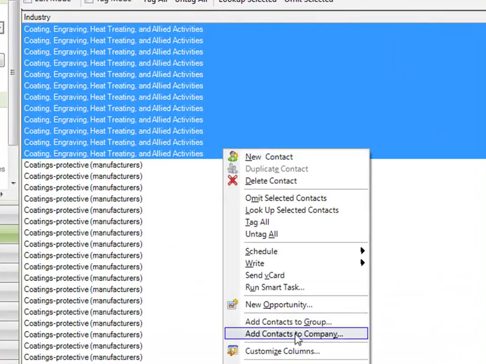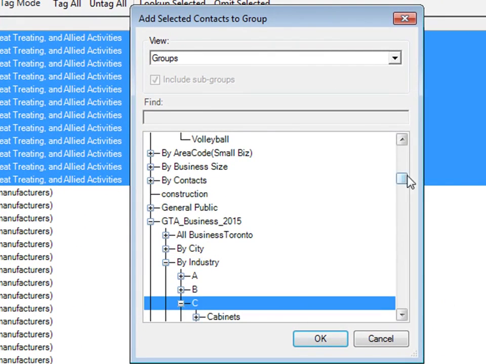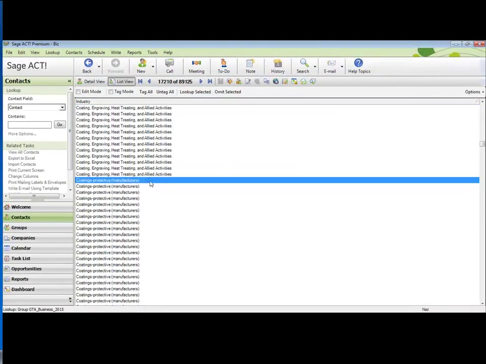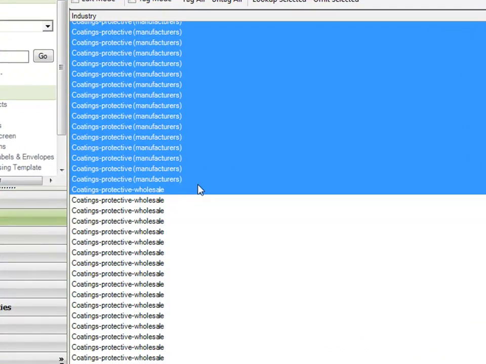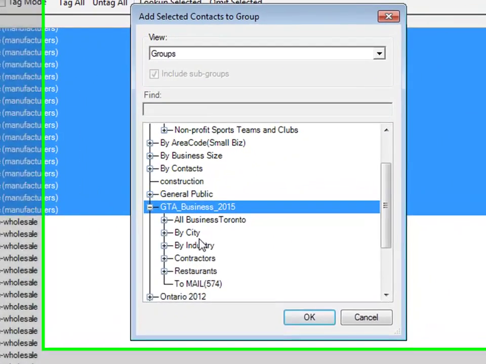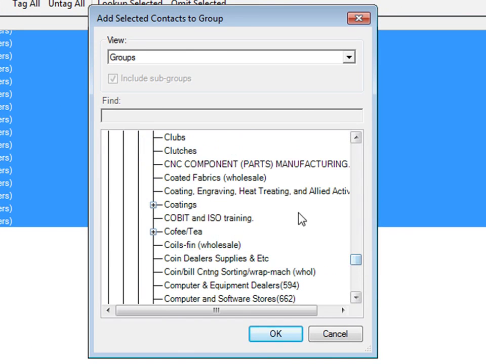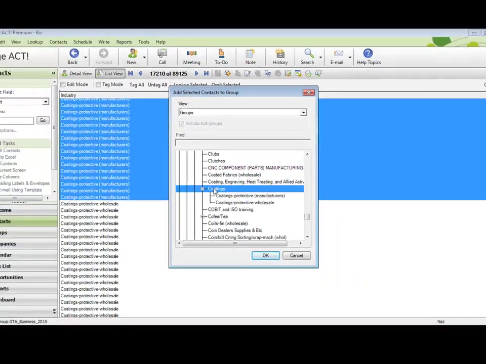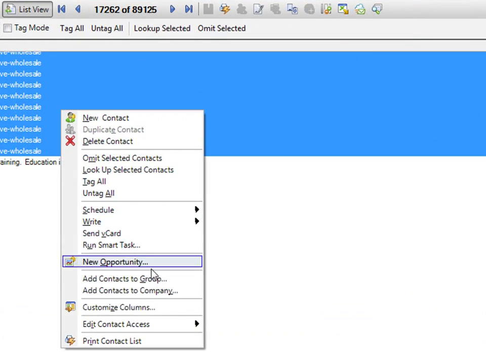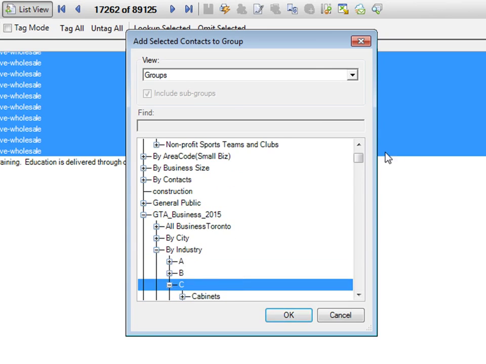Coating and engraving, industry C, coating, medium, okay, coating protective, add contacts to group, oops, general industry C, okay, coated protectives, so I went here, coated protective manufacturer, contacts to group, industry C,